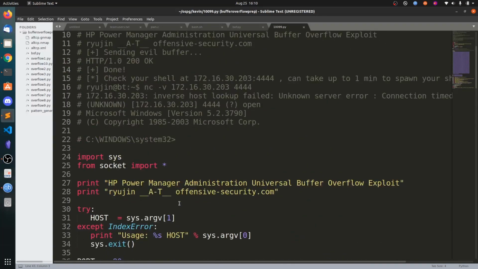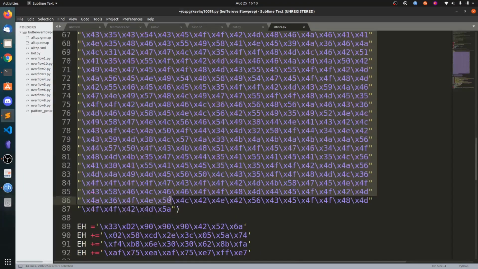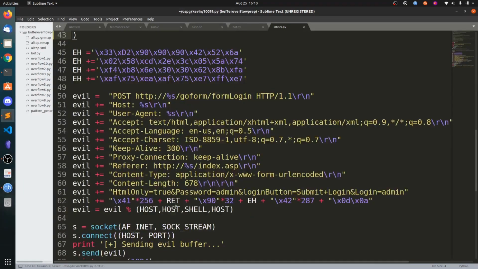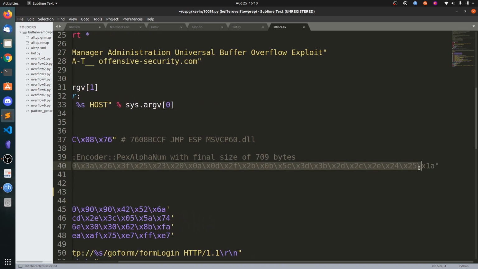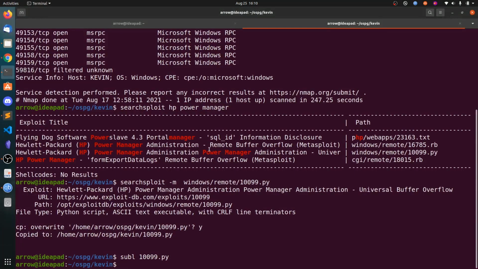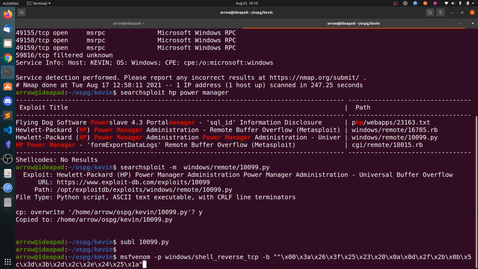So you don't need to write the exploit from scratch. All you need to do is delete this reverse shell, and we need to put our payload. So for alphanumeric, we need to use the encoder. These are the bad characters. You can see we have a lot of bad characters. So let's generate the payload with MSFvenom. And let's specify the bad characters.